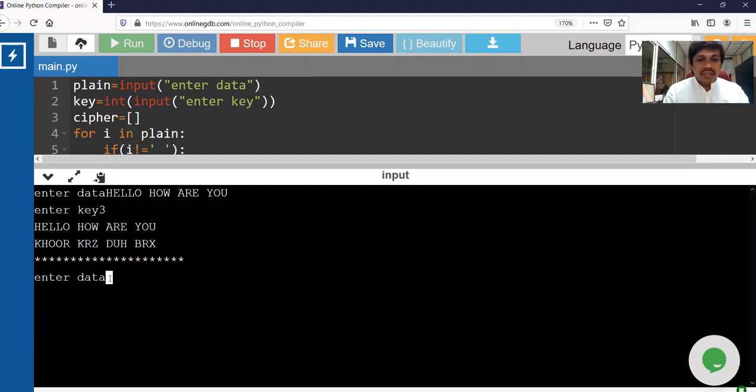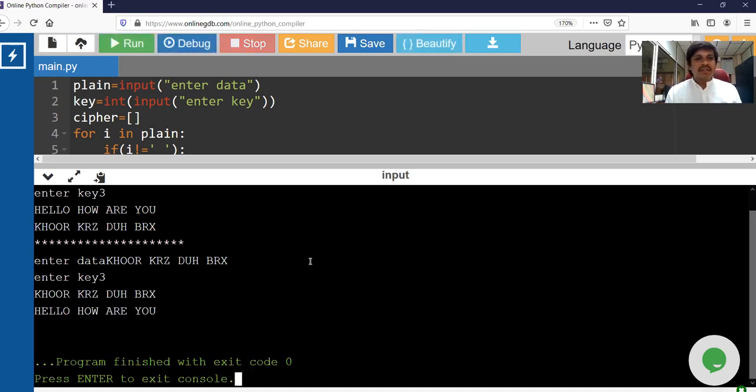So KHOOR space KRZ space DUH space BRX is the secret data. Now I am giving the right key 3. So hence I got my original output. This is the ciphertext and this is my plain text.